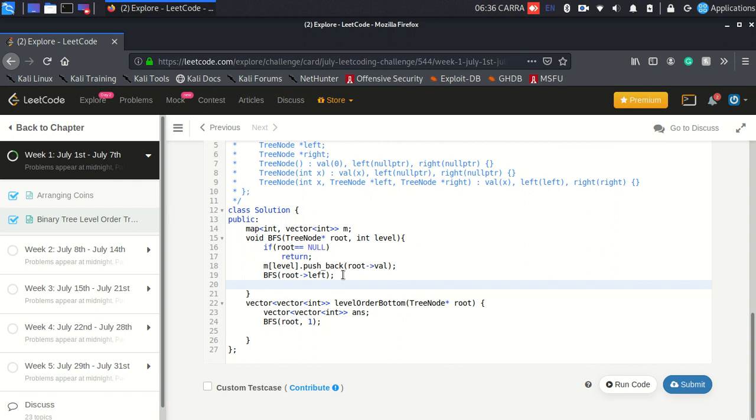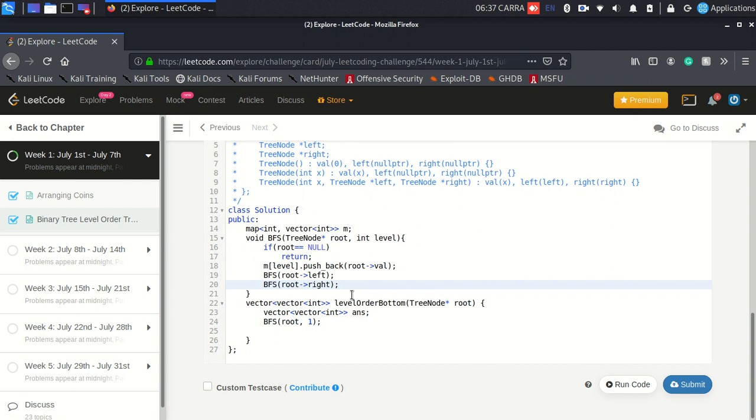So the first thing that we need to do is I'll go and explore my left, I'll go and explore my right. If any one of you write the opposite, if you first go to the right then you go to the left, then that would yield you a wrong answer, because it's clearly written that the vector should be arranged in such a manner that it starts from the leftmost node in a particular level.